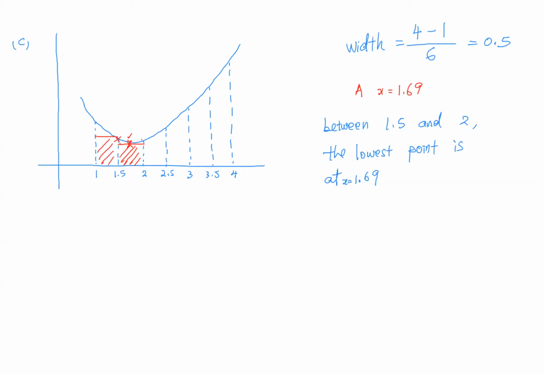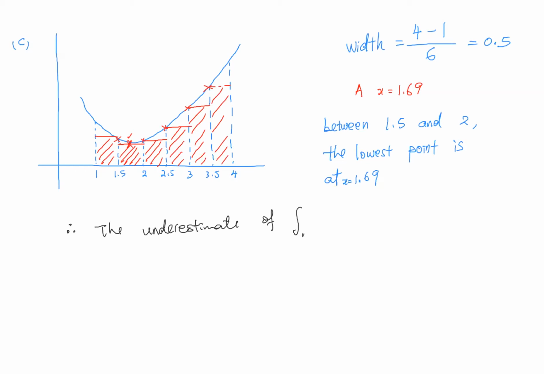And the third rectangle, use this point. Fourth rectangle, use this point. Fifth rectangle, use 3. Sixth rectangle, use 3.5. Now you know how to choose. So therefore, the underestimate of this one